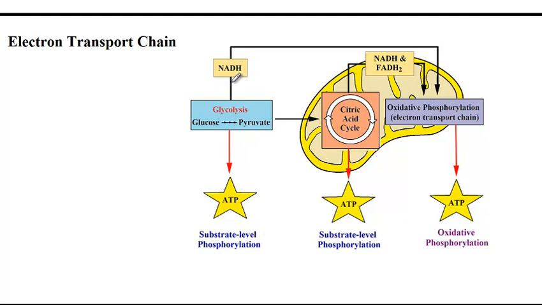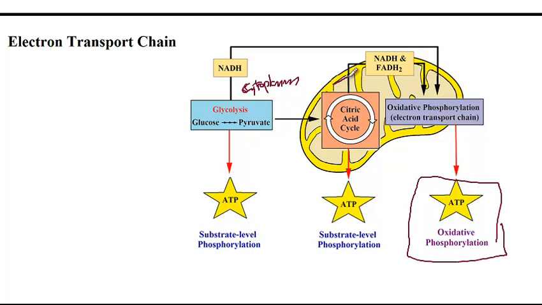But then all the products like NADH or FADH2 that will undergo oxidative phosphorylation in the mitochondria, any ATP that are produced from those molecules is called oxidative phosphorylation. And now you can see that I'm showing glycolysis outside the mitochondria. It's because glycolysis is being carried out in the cytoplasm, while the citric acid cycle happens in the mitochondrial matrix, and then the oxidative phosphorylation is carried out in the